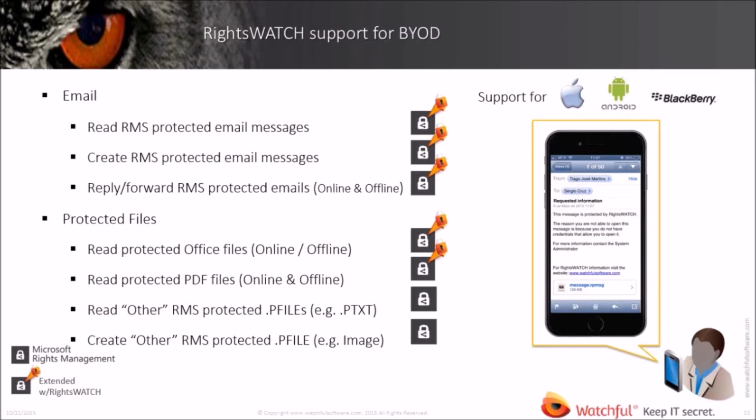The way that RightsWatch does it is, again, the easiest way is for you to send an email. And I'm sending an email and sharing that email with 3 different people. The first one on the left has public access only. It's someone that should only have access in my environment, in my organization, or even outside, an external user, someone that my system does not know.